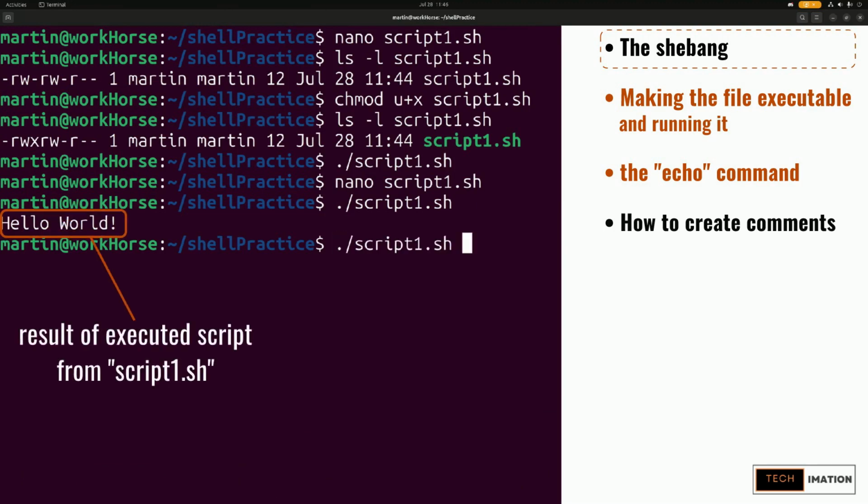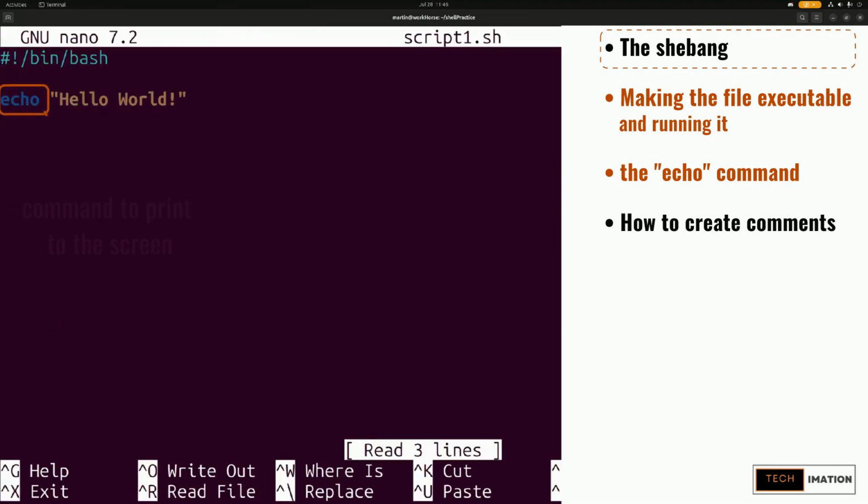What is the echo for? The echo is just like print in Python, or println in Java. So what echo does is that it just prints to the screen, just shows you on the screen whatever text, whatever string you put in the double quotes there, right? All right, so we've looked at creating the script, we've looked at executing it,